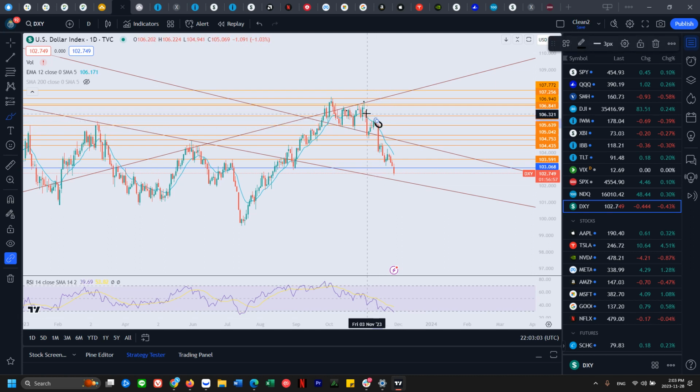See three rejections here, another rejection here as well. The daily downtrend is very clear. Every bounce goes to a lower low, bounce, lower low. As long as the daily downtrend is still intact, there are no signs of reversal yet at all for the dollar. And it's getting a little bit oversold now. The last time we got pretty oversold at 24 is where we bounced. So we'll see if it bounces this time when we get close to 24. And maybe it'll bounce right here.